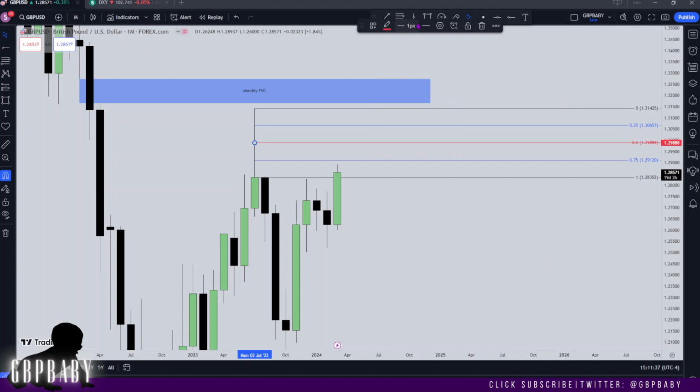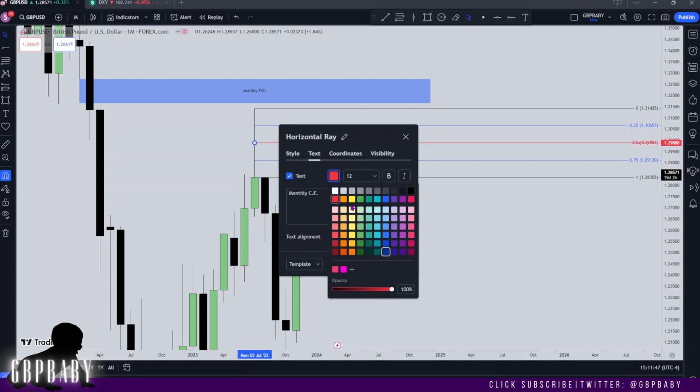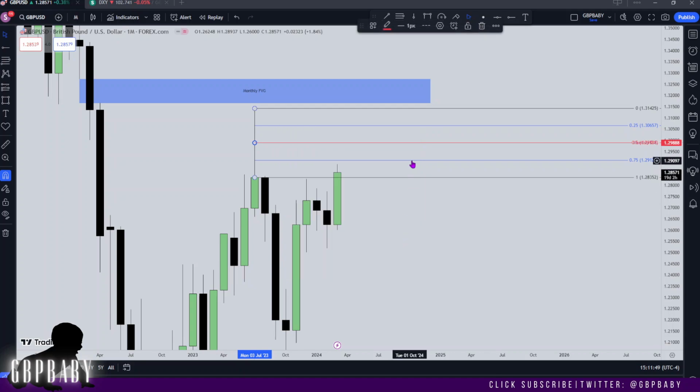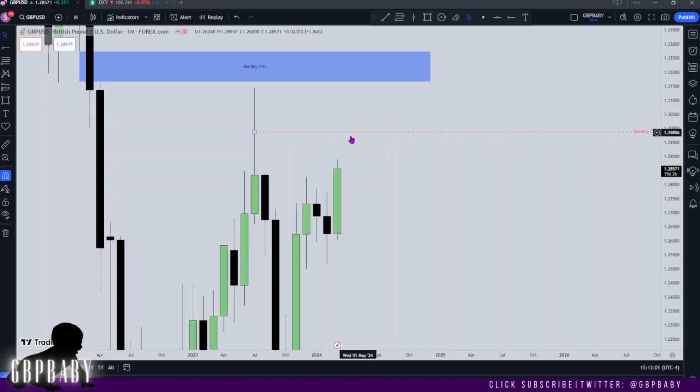I'm going to make it red, I'm going to make it dashed, and I'm going to write monthly consequent encroachment. And I want to see, can price trade to that? If price does trade to that successfully, I'd then be looking to see how price is acting on the lower time frames to see, okay, are we going to find support? And if we do, then I'd start thinking about these highs here, and this monthly fair value gap to get traded to. But first, and this week more so, specifically this week, I'm looking for this consequent encroachment to get